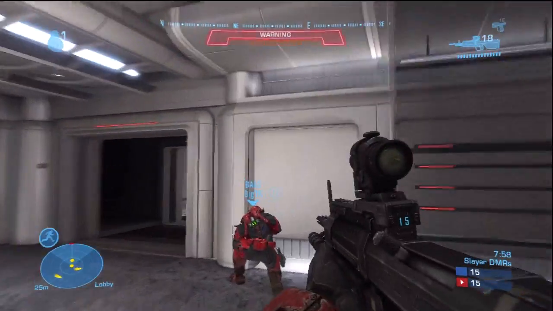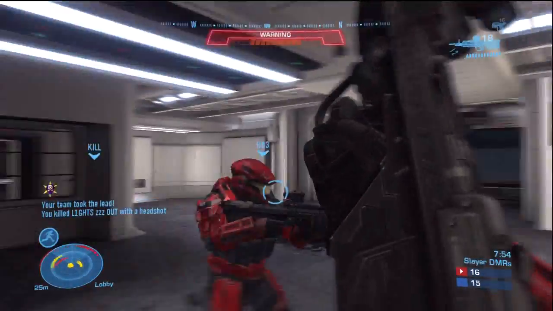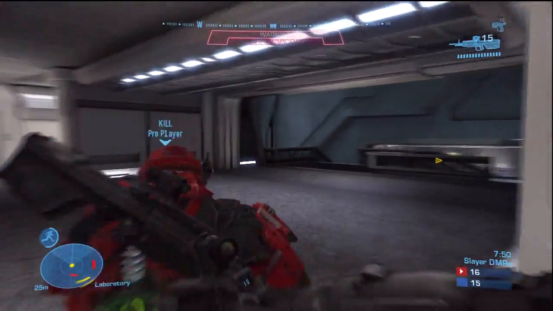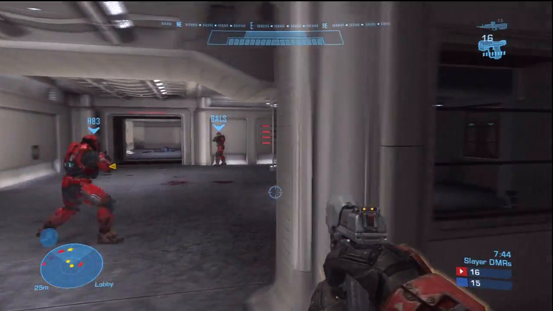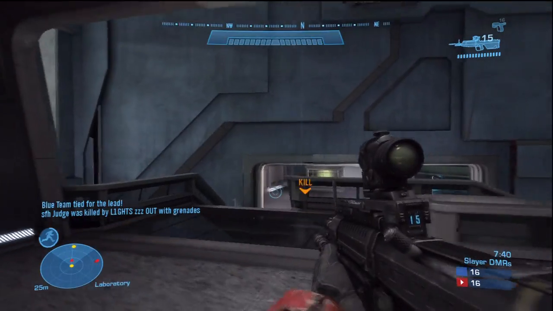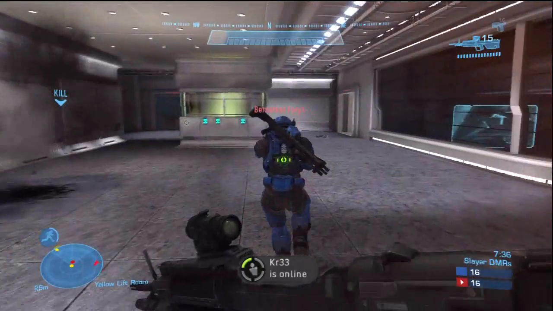I see the armor abilities I prefer are jetpack and armor lock. The reason why I prefer these over sprint is, I'll say it right now, these are good reasons why. So I'm using sprint right now, and it's good for getting